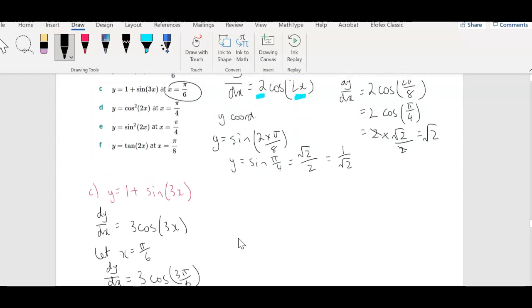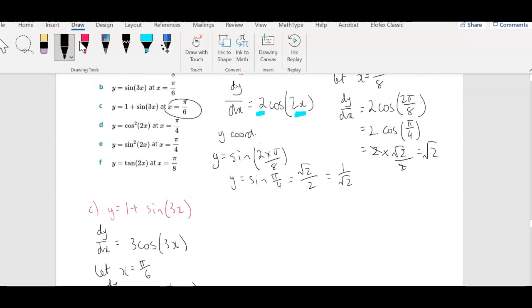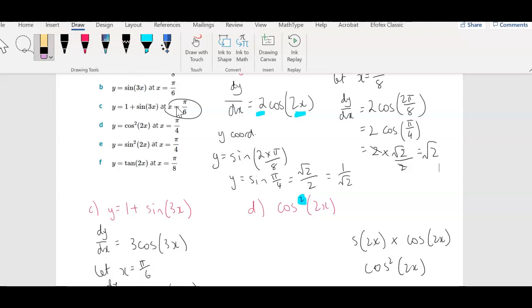All right, moving on, we might do one more from here. Oh, actually, I might do two. So I'll do a cos and I'll do a tan. So I'll do d. So cos squared 2x. All right, so because we've got this 2 here, we're going to have to use the chain rule. Now, the reason we're using the chain rule is because your cos function is actually squared. So if I had cos 2x times cos 2x, that is actually cos squared 2x. All right, so if you see the square there or any other power, we're going to be using the chain